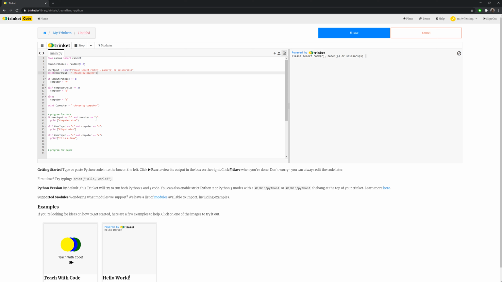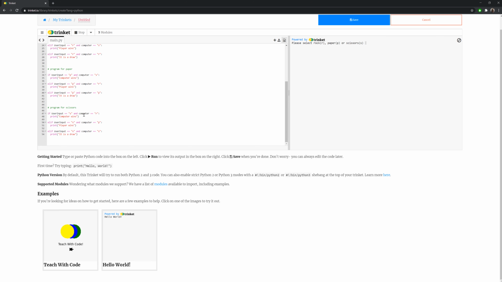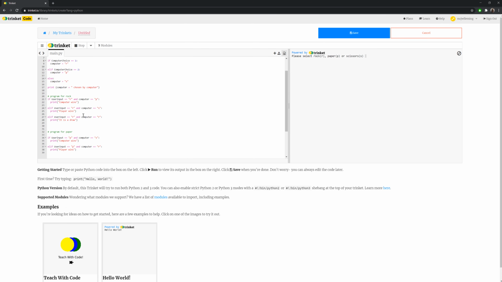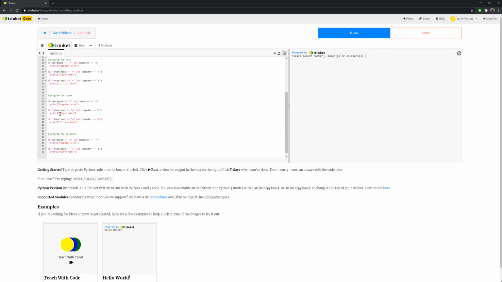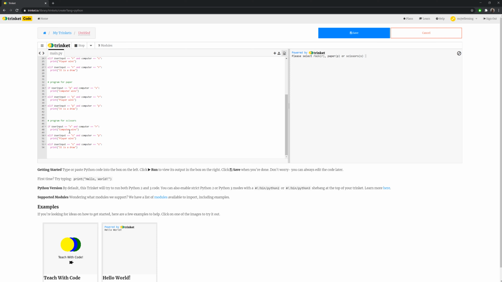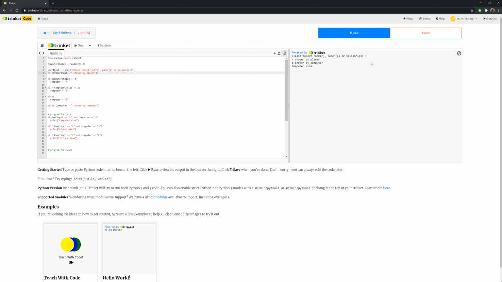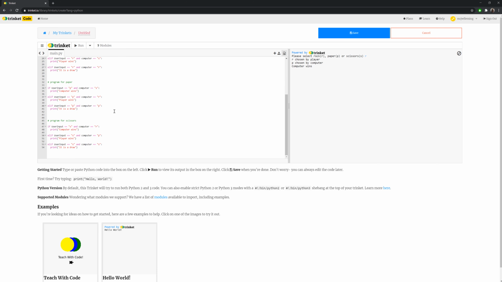Now in the previous video you created a part of the application which allows you to use the rock, paper, scissors function. So you've got a program here for rock, I've added the program for paper and the program for scissors. So I should be able to go to the right side here, hit R, and then R chosen by player, so rock chosen by player, paper chosen by computer, so the computer wins because paper beats rock. So we should see that all this functionality works, but to make this even better we're going to start adding